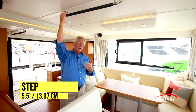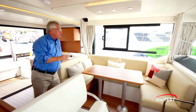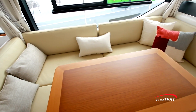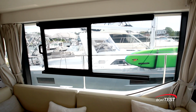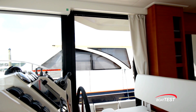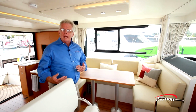This area is up a 5.5 inch step, and then over on the port hand side, this is another unique feature to this boat. This U-shaped seating area, this hasn't been done on Swift Trawlers before. Provides a nice comfortable atmosphere for dining. There's an opening window to the port hand side and an opening door to the starboard side, so we have plenty of flow-through ventilation. This can also be lowered to form a berth, and normally when we see that happening,